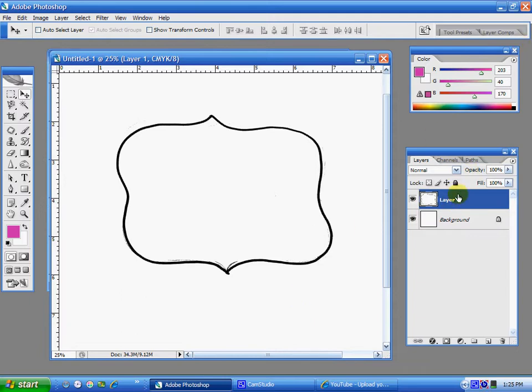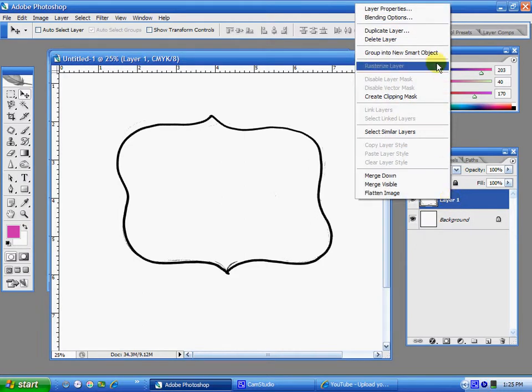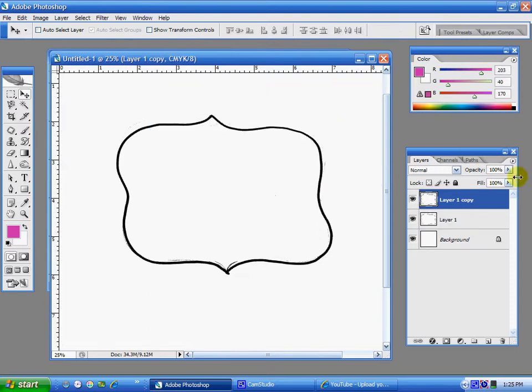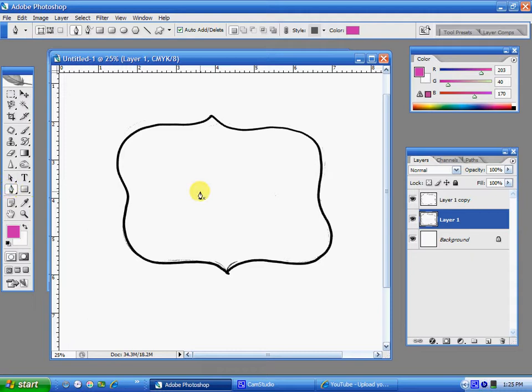This is our tracing layer, and what we're going to do is basically just like the last tutorial that I did. We need to duplicate this layer and hit OK, and then lower the transparency so we have our tracing paper layer, is what I'm calling it. And you need to select that pen tool, and basically you're going to trace it just like you did that crest, that English crest. So I'll start on a sharp point, and I'll come down here and click and drag,